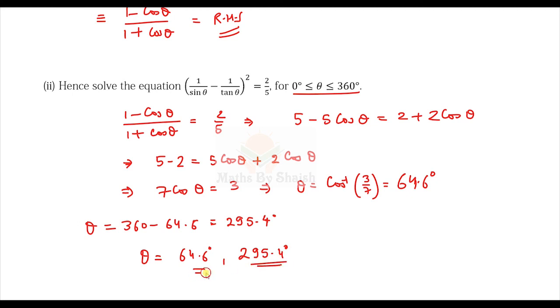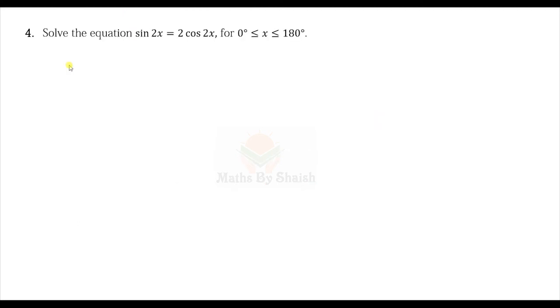Here is the fourth question, which is the last question, and we will discuss the rest of the questions in the next video. So question number 4 is solve the equation sine 2x is equal to 2 cos 2x for x between 0 and 180. First of all, we can see the angle here is 2x, and the domain of x is given between 0 and 180. So we'll write the range of 2x, and we decide from the very beginning that it is going to be 0 to 180 times 2, that is 360 degree. So now we'll simplify.